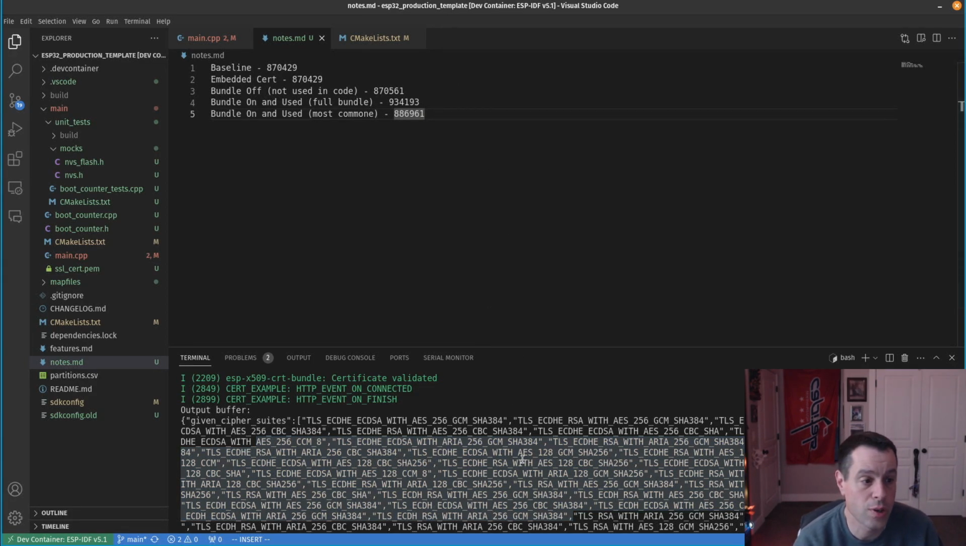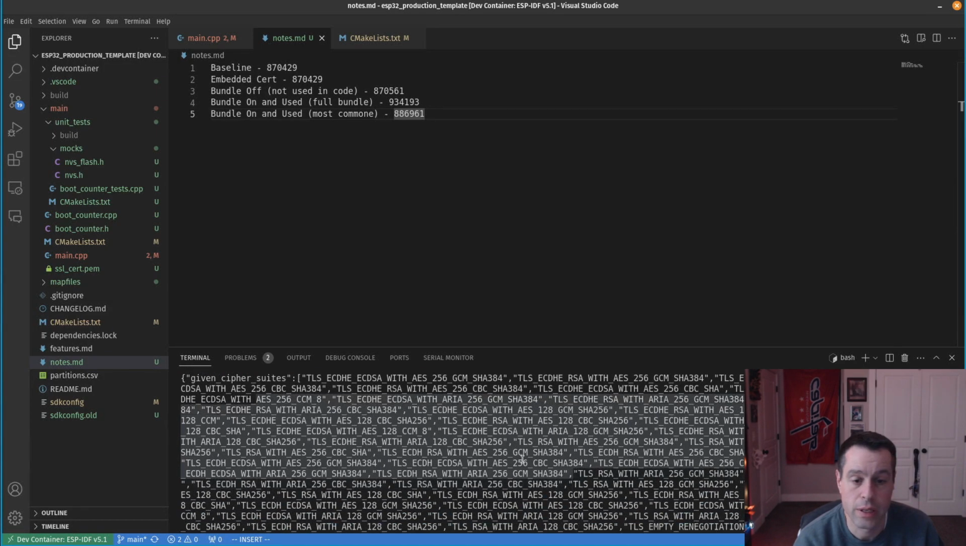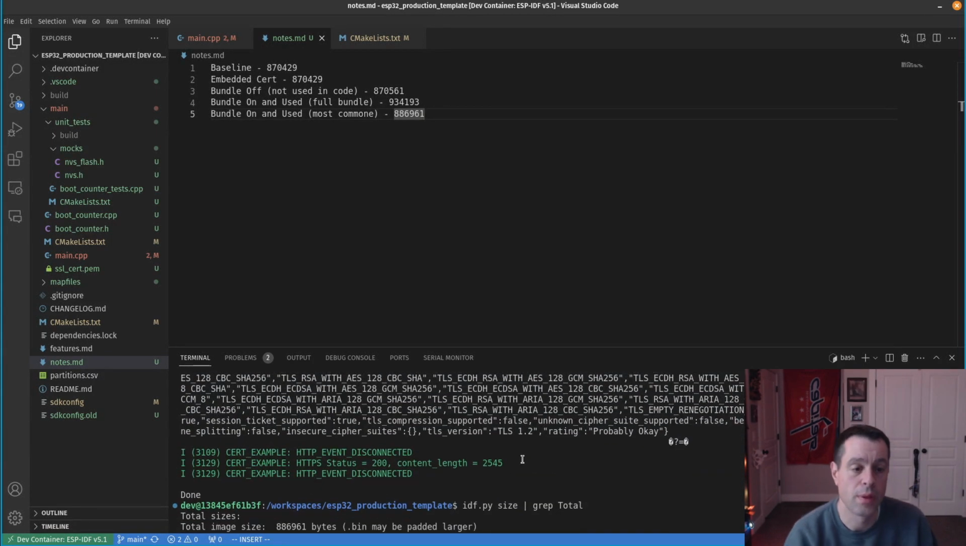But one thing I want to try really quick, my original purpose was how much does the bundle affect it? And a lot if you're doing the full bundle, not much if you're using the most common one. And really it's just a matter of testing, like what sites, what endpoints does your device need to hit will determine what certs you need to include